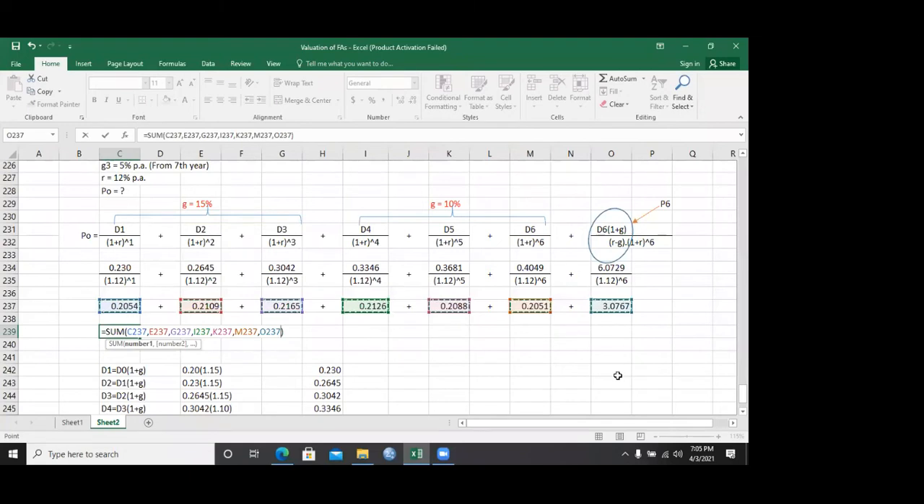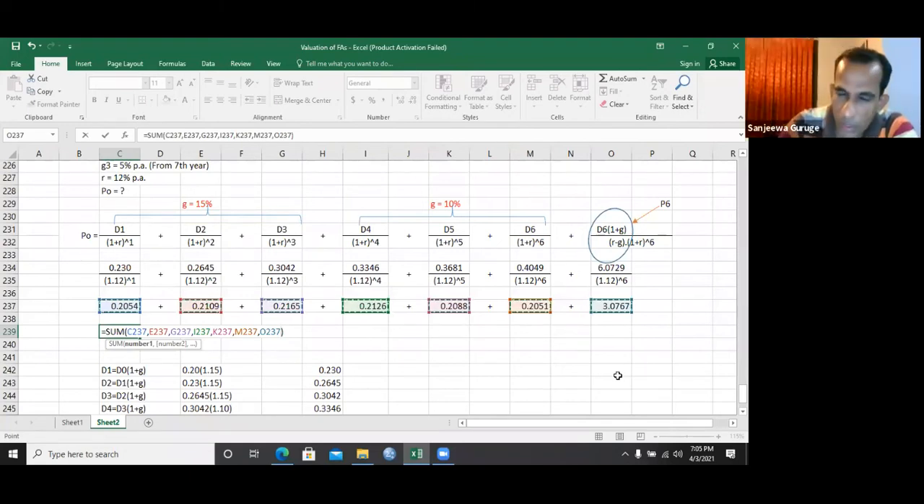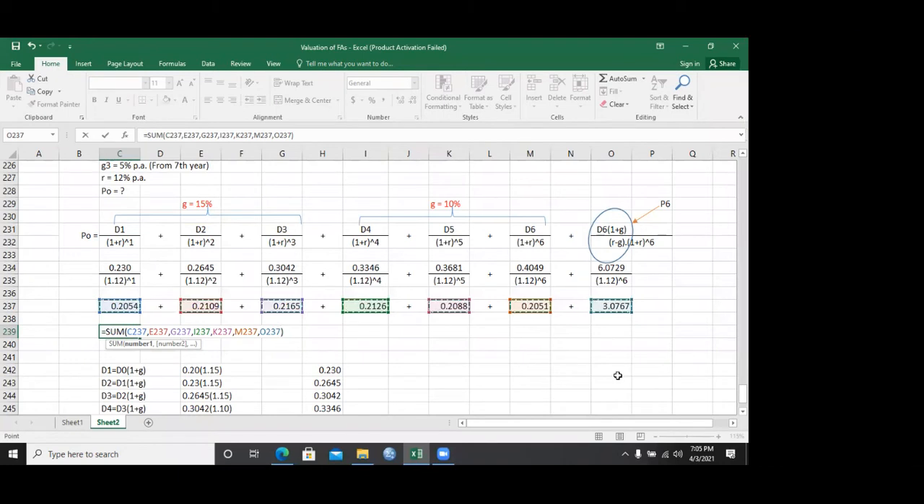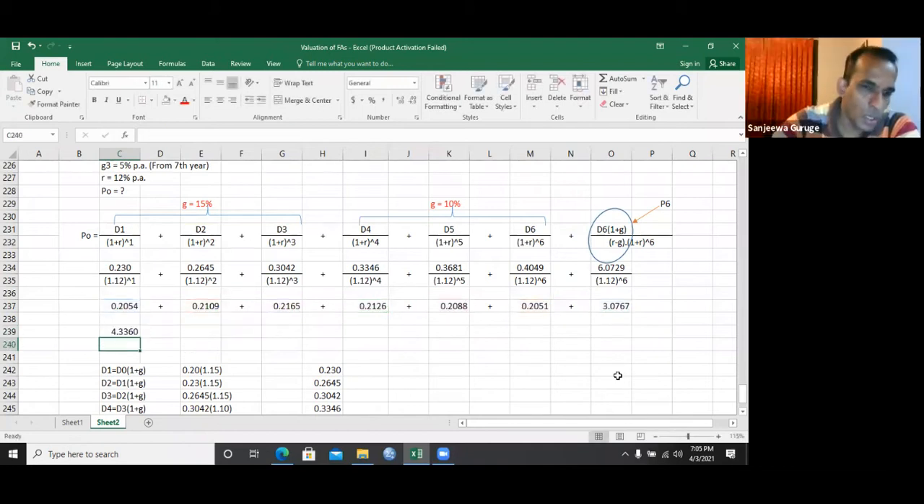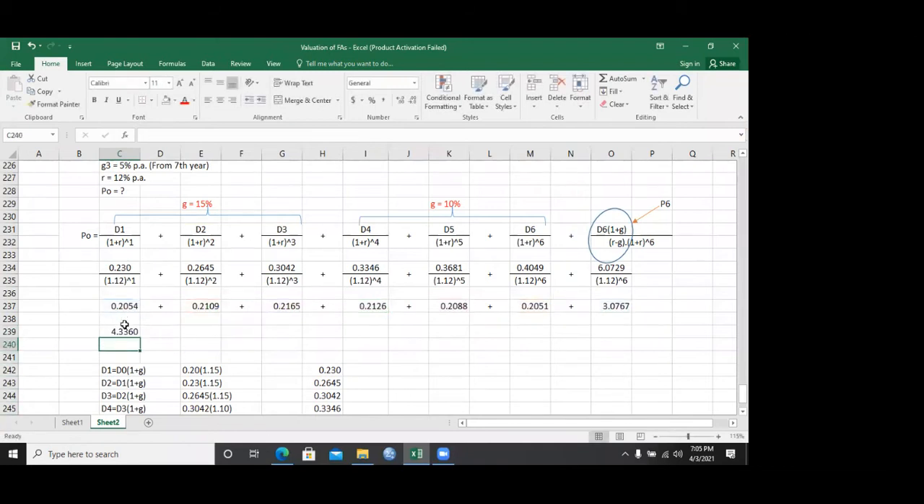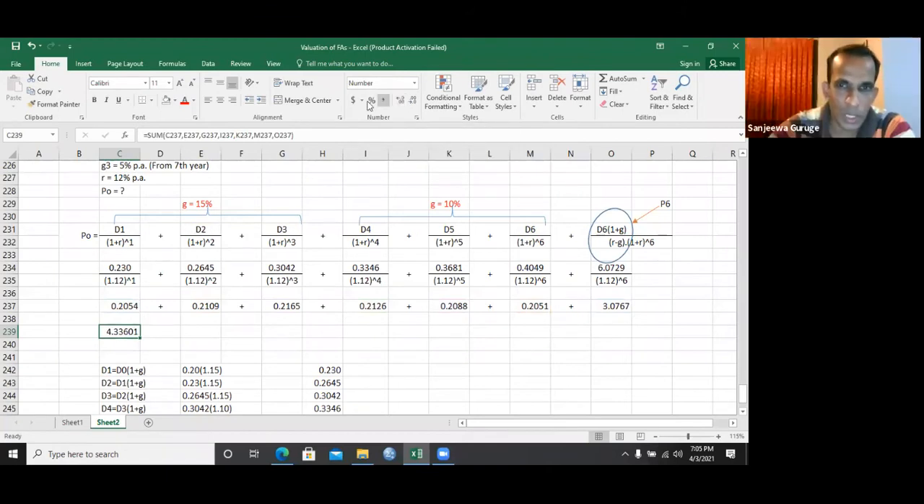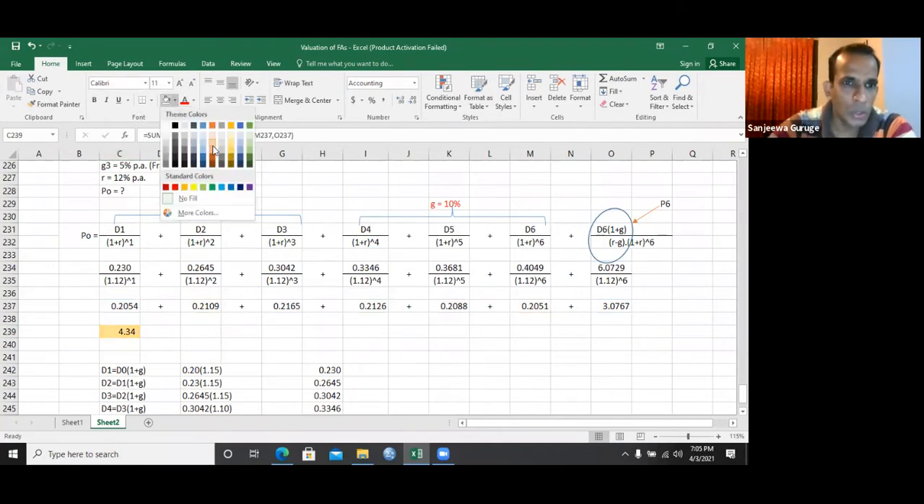4.3354. Sorry, 2 point? 4.34. 4.3357. Okay, 4.33, right? So 4.34. So even 2 decimal points are sufficient, right? So as you mentioned, 4.34. That's correct, right? So the price we are getting is $4.34,